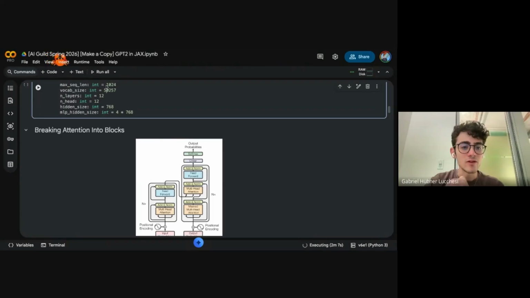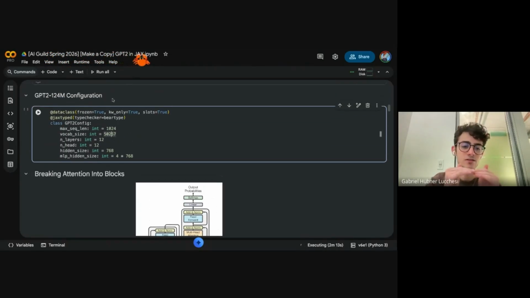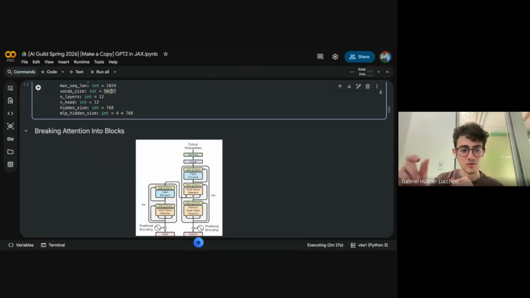The vocabulary size is how many total tokens we have. So we're never going to see a tokenizer output a number 50,258. There can only be up to 50,257. And if it doesn't know a certain part of text, it would just split it into smaller chunks that it knows.